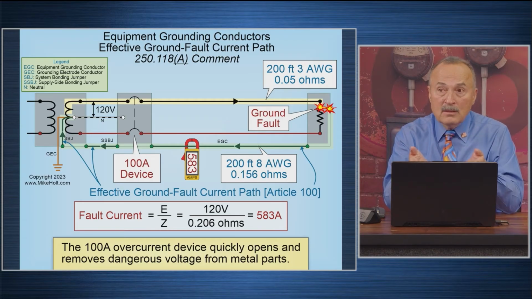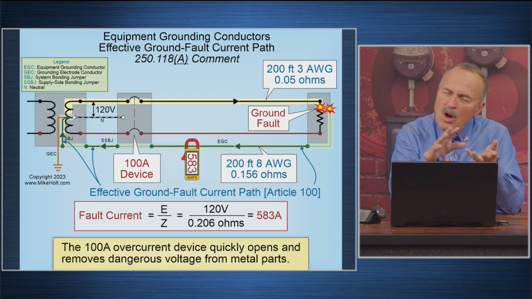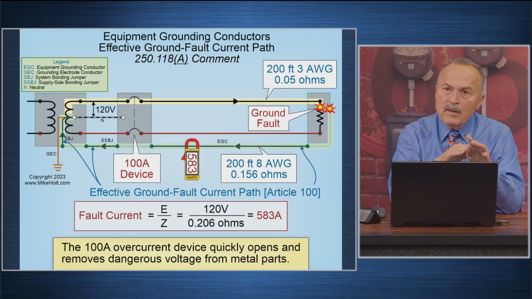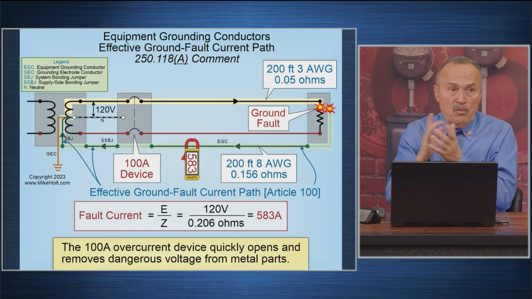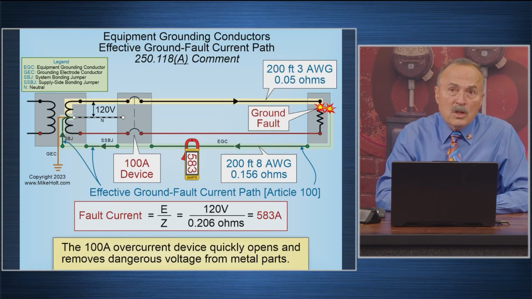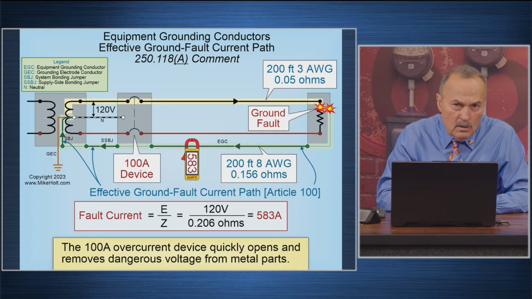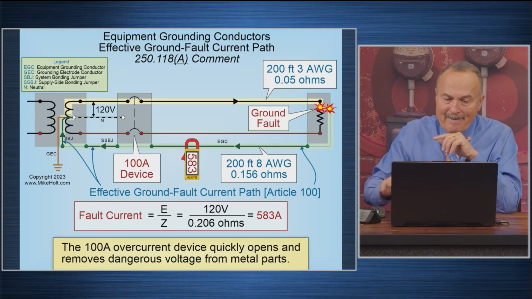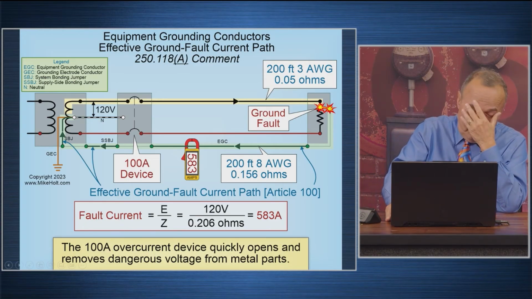Now this is code sized, right? We sized the equipment grounding conductor based upon the code. Now remember 250, we didn't talk about it, we'll do it a little later on. 250.122, we had a note, Mario. Bottom of the table? The bottom of the table. Mario, why don't you read it? If we size it to the code for a 200-foot run, it's going to give us an impedance of this value, which gives us 600 amperes. Is it a note number 1, 2, 3, 4? There's only one note, so it's just the note. What's the note? The note to table 250.122: where necessary to comply with 250.4(A)(5),